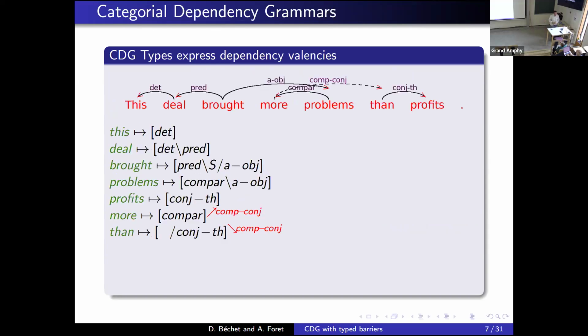A small example: "Disney wrote more problems than Flokins." We have in the lexicon the right part that corresponds to the projective part and the red part that corresponds to the non-projective part of this sentence. And you can see that, in fact, we have only one non-projective dependency between "more" and "than", and that corresponds to the two polarized valencies that we have. One in "more" and the other corresponds to "than".